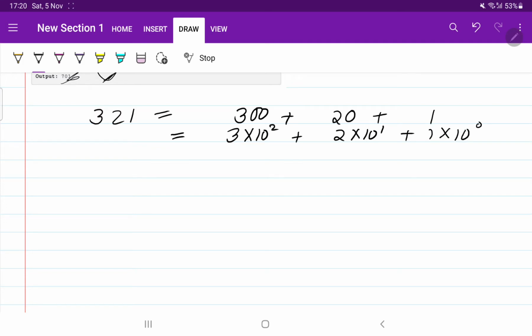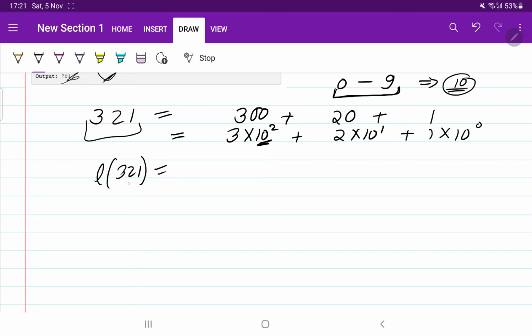In numbers we have digits from 0 to 9. How many numbers do we have? 10 numbers. So if we have a range of 10, here we have 10 with some power. Now let's see the relation with the length. What is the length of 321? How many letters are there in 321? 3. The power is initially 2, then it is reduced, then reduced again. It means for the first character the power is 2, for the second character the power is 1, and now it is reduced to 0.